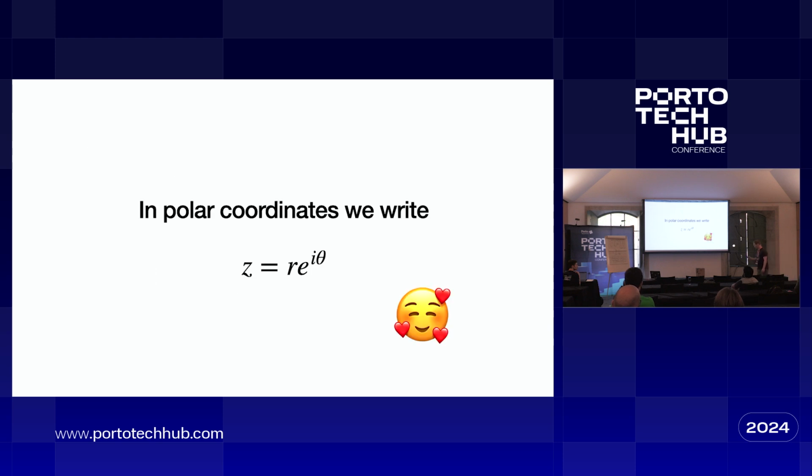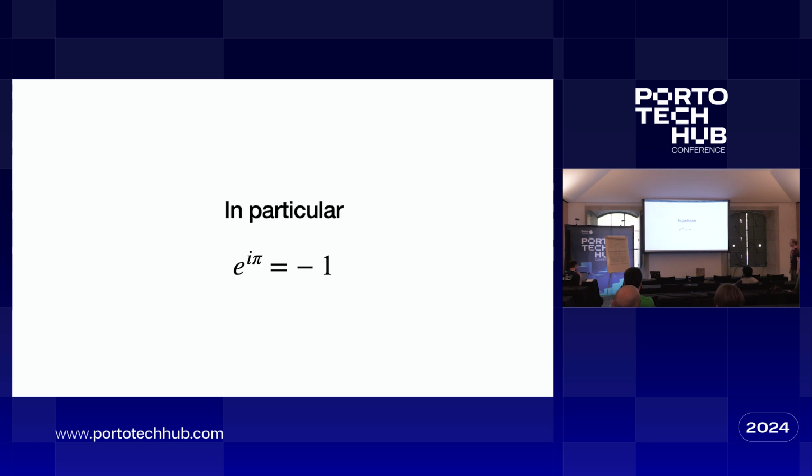So in polar coordinates, we can write any complex number in this form. This is so useful. It's so much better than the A plus IB form. It's ridiculous. As a magnitude times e to the I, the angle in the complex plane. And in particular, some people get super excited about this relationship, right? If I set theta equals pi, then I get e to the I pi equals negative 1. And some people love it because they're like, oh, it has all these funny numbers like e and pi and I all in the same equation.